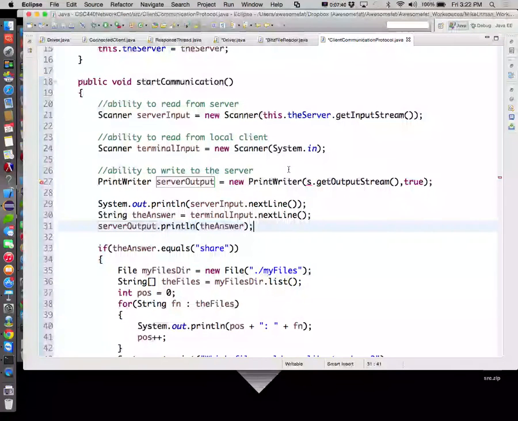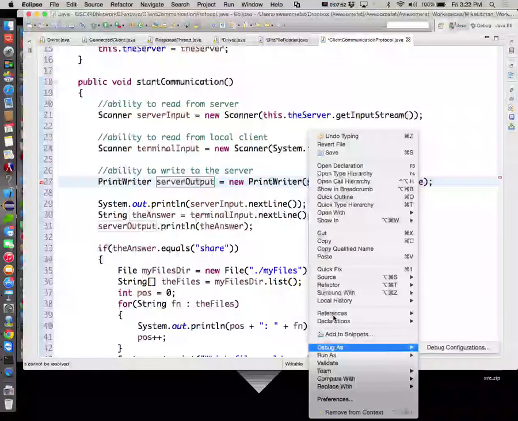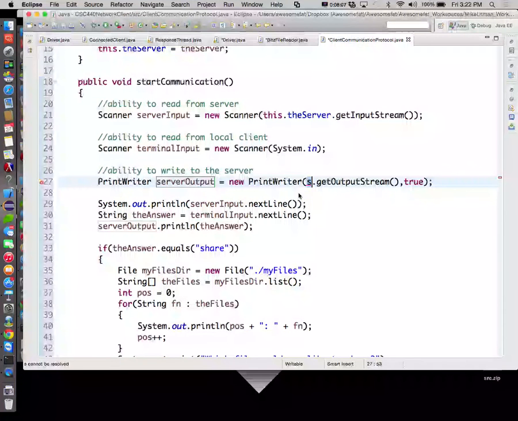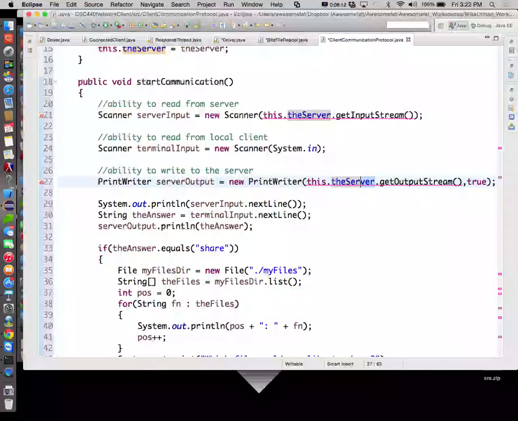Okay. Similarly, right here where I say S, actually I wonder, I don't think that's a refactorable thing. That might just be a find and replace. So that's just broken code is what it is. I was hoping there was going to be a quick way for me to do that. So that's just this.the server. So I'll just quickly copy that and